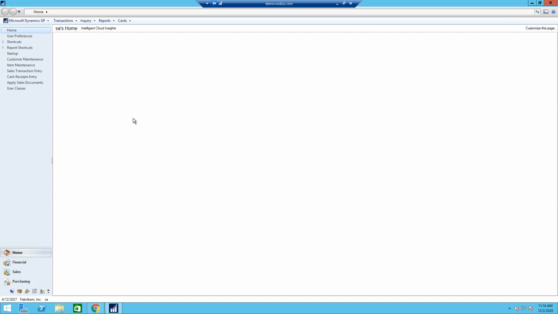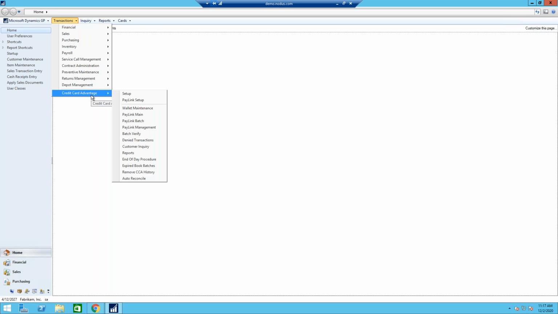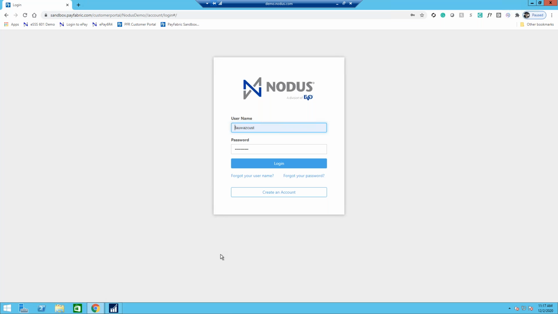Again, Credit Card Advantage has a lot of other features too, like reporting and some of the reconciliation tools that come along with it that make it super simple and streamlined for you to manage your incoming payments. I'm not going to go through in depth for each one of them, but we'd love to talk to you in detail about that. So now I'm going to switch gears a little bit,